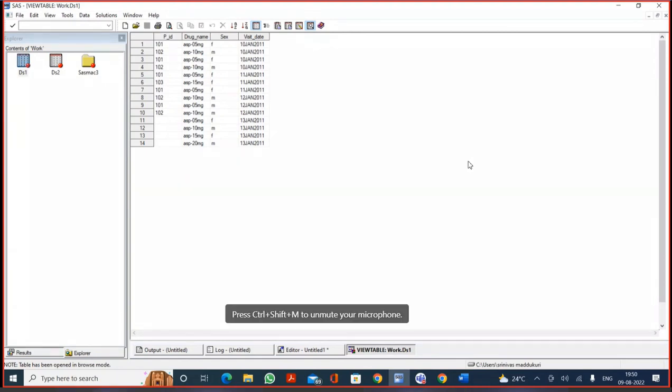14 observations. Yes. So that means appending has been done. But what happened to the patient ID? Missing values. All the other variables have been appended, but only the patient ID values which are coming from the